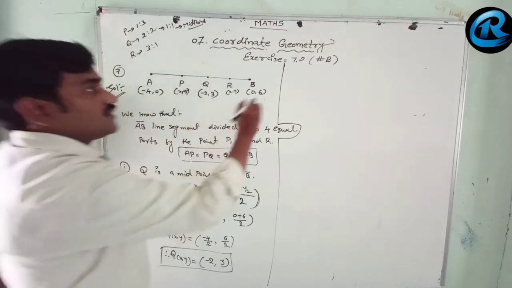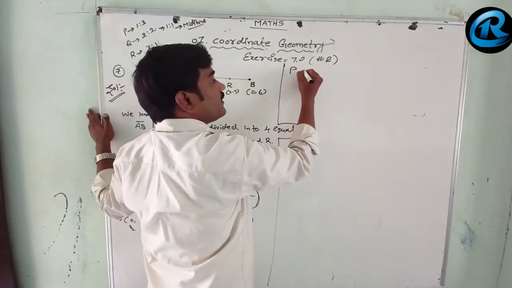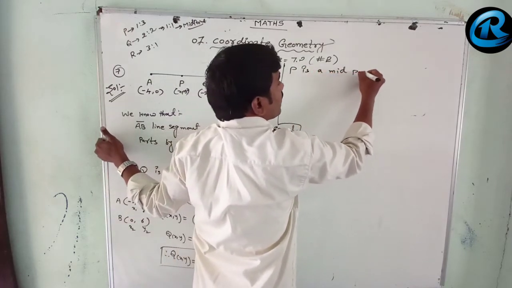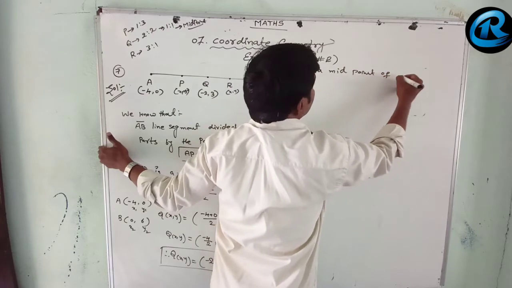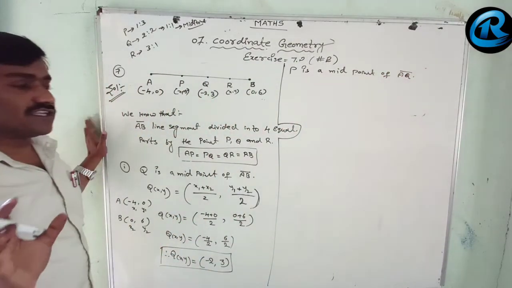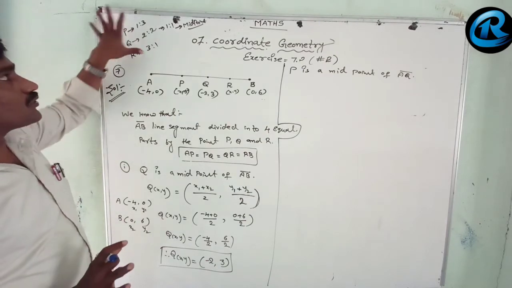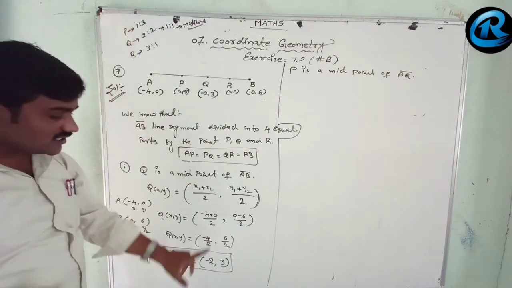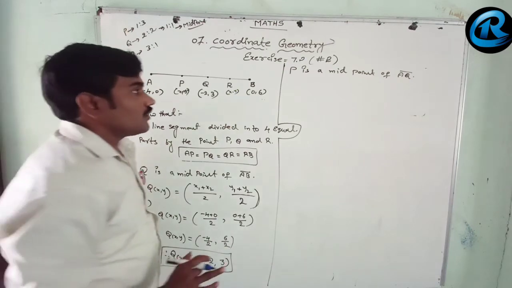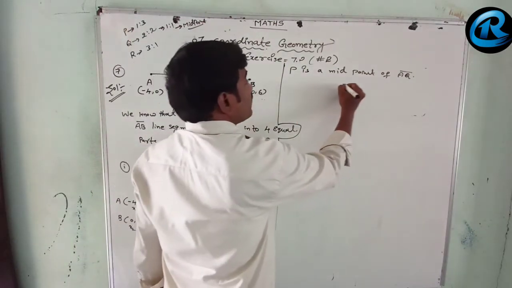So P is a midpoint of the AQ line segment. So we use the midpoint theorem to solve this problem, or else you can use the section formula. By using the section formula also you will get the same Q point as minus 2 comma 3. Okay, then we will take here